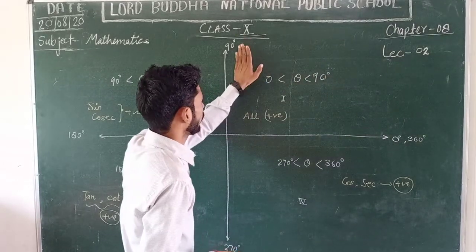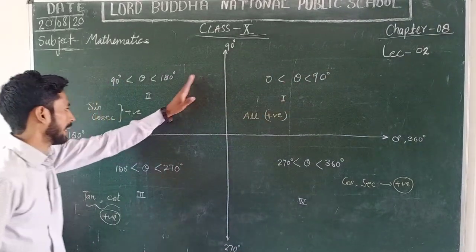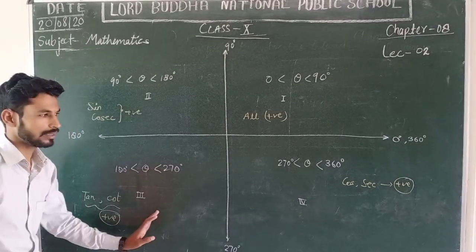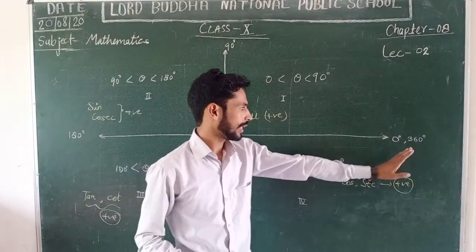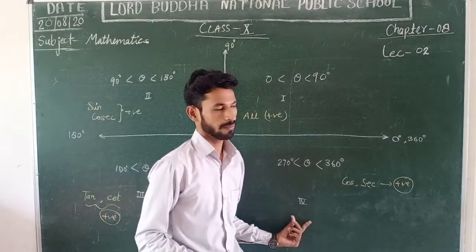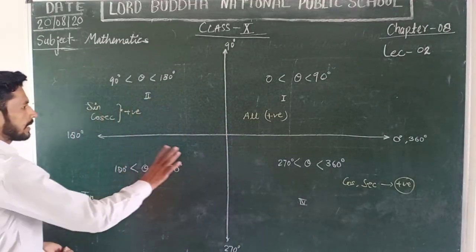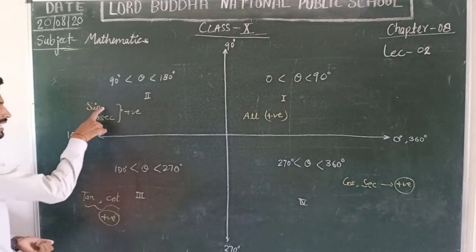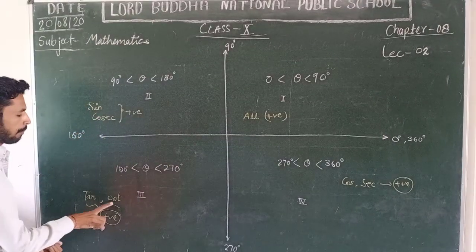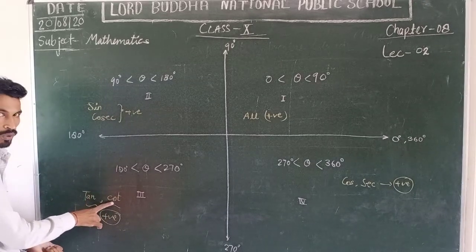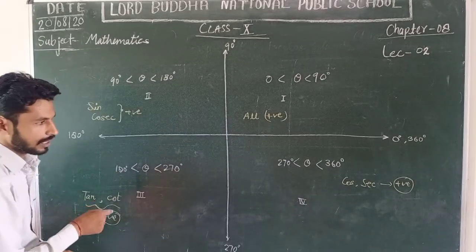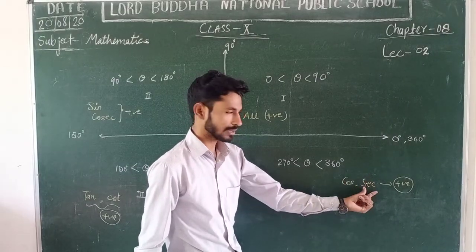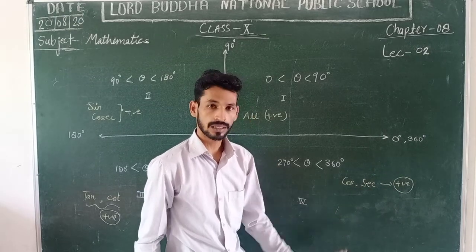So if we are between 0 and 90 degree, then we are in the first quadrant, 90 to 180 the second quadrant, 180 to 270 the third quadrant, and between 270 and 360 that is quadrant number 4. For the sign convention, in the first quadrant all trigonometric functions are positive, but in the second, sine and cosec are positive, others negative. In the third quadrant tan and cot are positive, others negative. In quadrant number 4, cos and its inverse sec are positive and others negative.